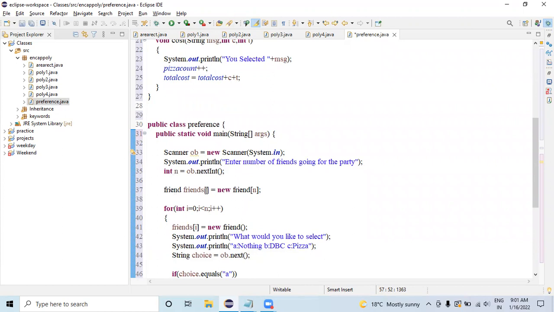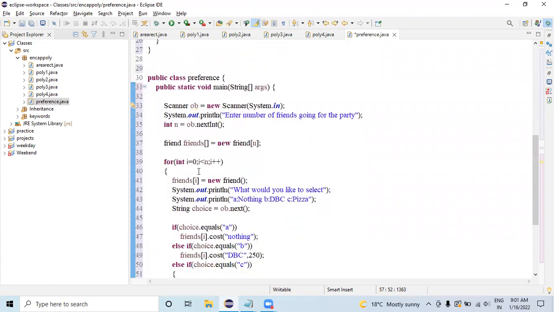Then I created an array of objects. This is my friend class. For this friend class, I created an array of objects with friends as the object's name. The number of array of objects will be n. That means if n is 3, it will create 3 friends objects: friends of 0, friends of 1, friends of 2. For each of the friends object, I am allocating memory. So how much memory will it take? That much memory which is available in the friend class, that much needs to be